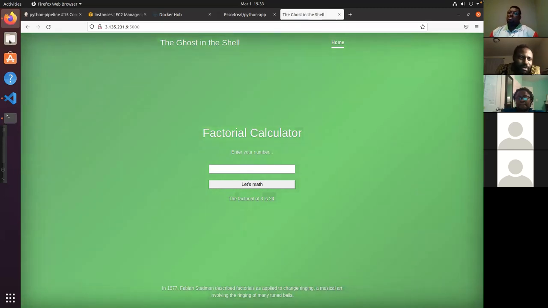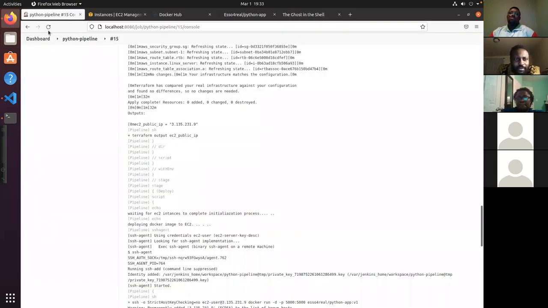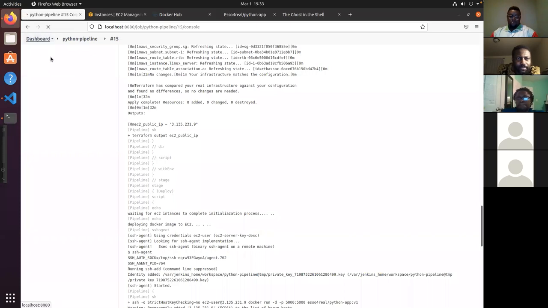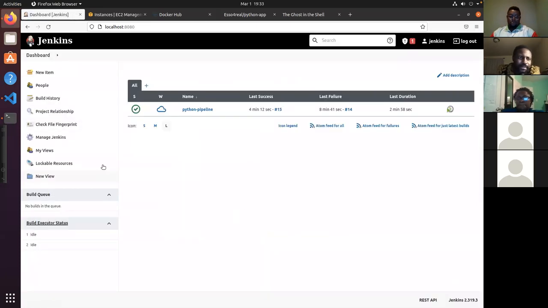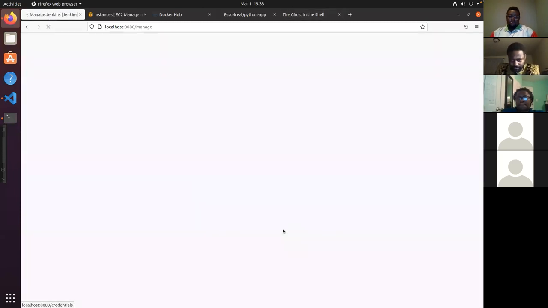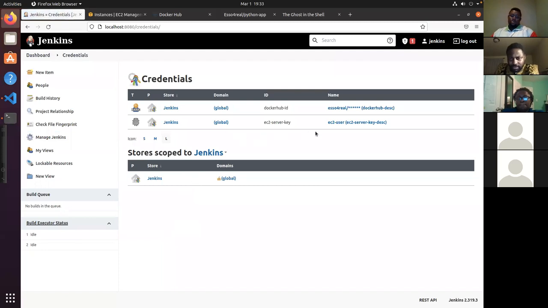But before we do all these steps, there is something in Jenkins that we need to configure. There are certain things we need to install. We need to install the SSH plugin. Then for credentials, for the Jenkins server to talk with AWS or to connect with the EC2 instance,